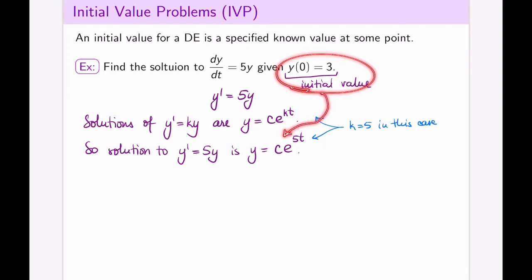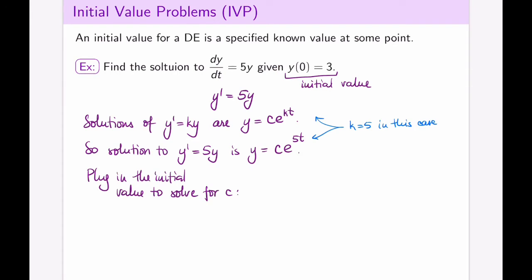I'm going to plug this information into my equation and solve for c. So what am I going to have? My initial value says that at t equals 0, y is equal to 3. So the y value itself is equal to 3, which will be the left-hand side here. And this is the case for when t is equal to 0, so that's going to go into my right-hand side: c e to the power 5 times 0. 5 times 0 is just 0, so what I actually get is that 3 is simply equal to c, which means that overall my solution is y equals 3, this would be my c, e to the power